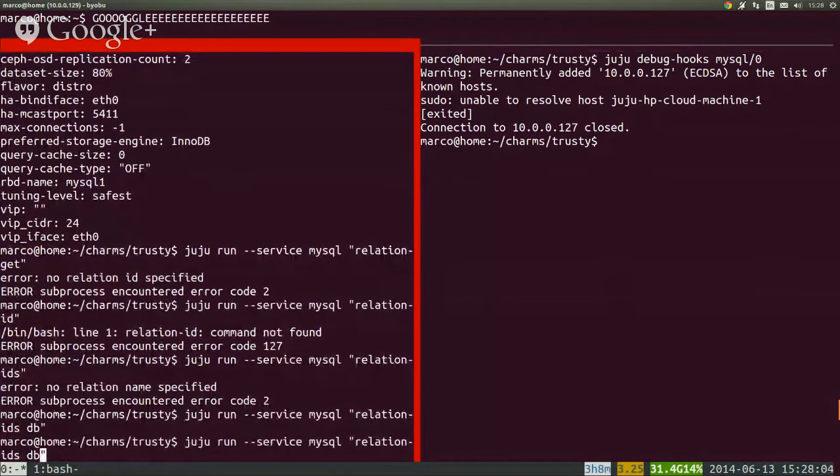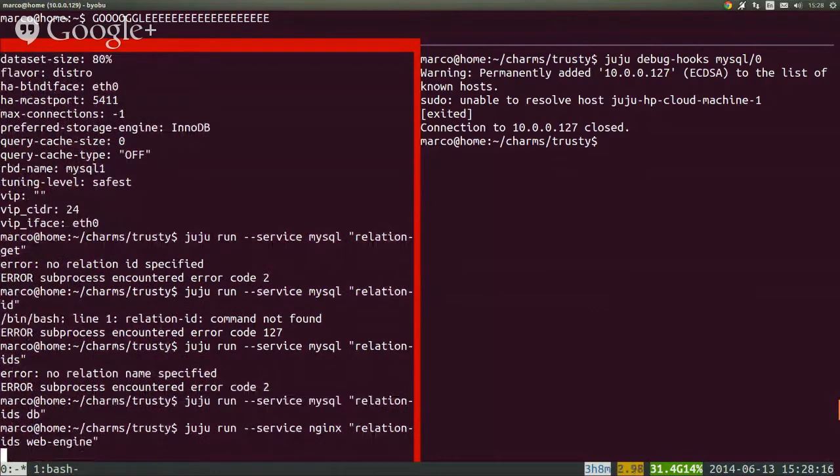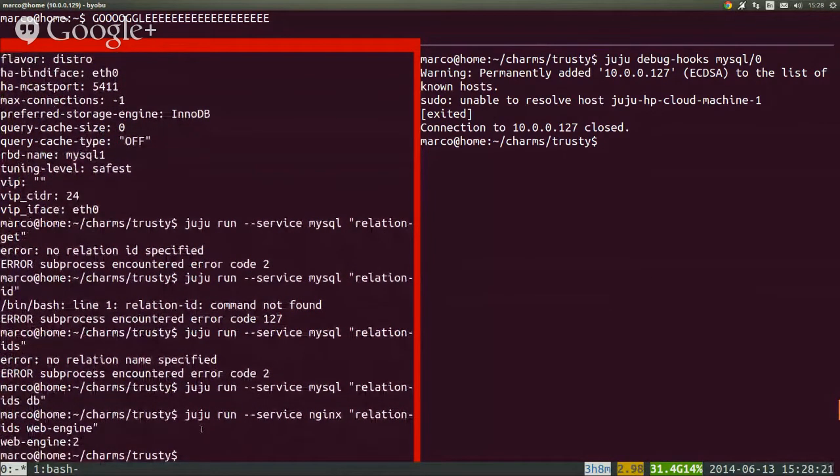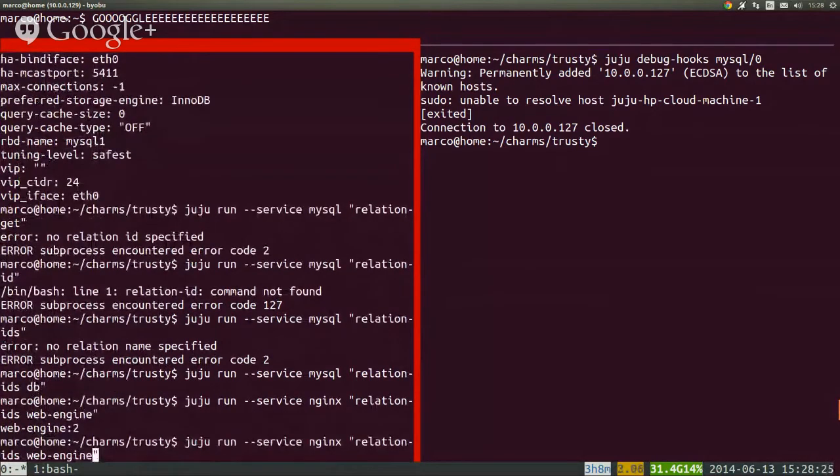So what I was saying is you can run the relation IDs for certain services. So Nginx has a relation ID. So we go to Nginx. We can run a relation ID for website. And so we have a relation ID here, which is website:2. We can actually use that to get relation information. So we can do